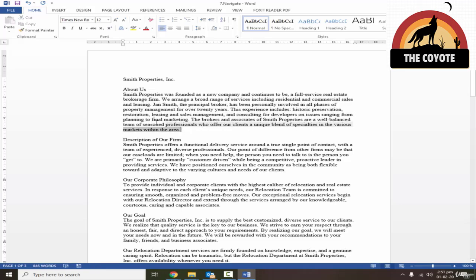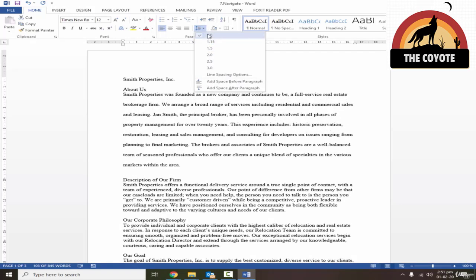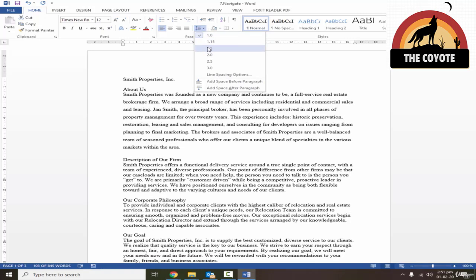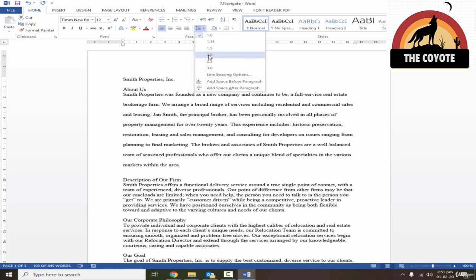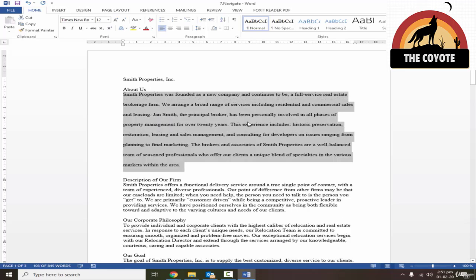Now, for example, I want to increase the line spacing. As we seen earlier, you can find that option in the Home tab, and you can manually increase this line spacing by hovering your mouse over the different sizes. But you can use the short key also for that. Control 1 is for default line spacing, that is set on 1. But if I press Control 2 after the selection of the document or a particular paragraph, it will increase the line spacing.